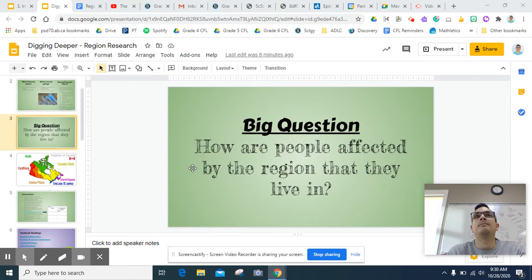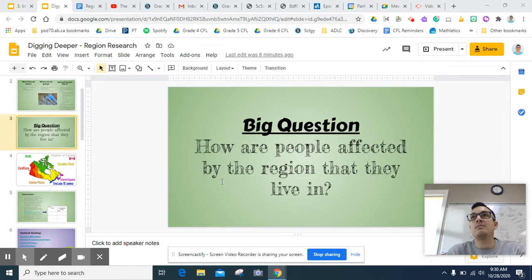So you'll see some examples in here when we go over the organizer. But if you are writing down, one of their important natural resources in this region is their many, many lush forests. So they've got these great forests in there. I want you thinking as you write that down and making note of this as well is how are people affected by this? What effect does this have on people?